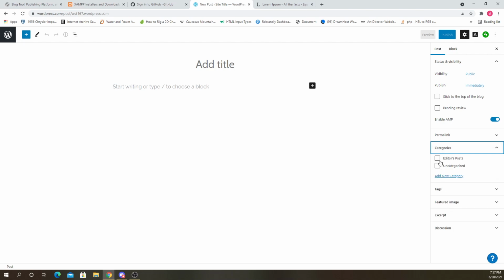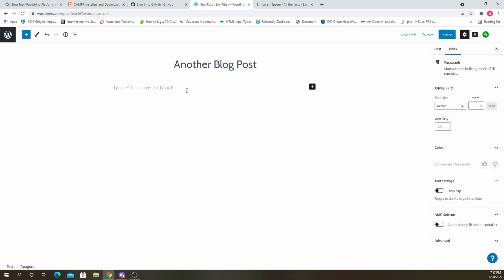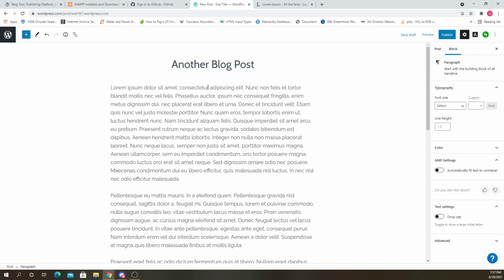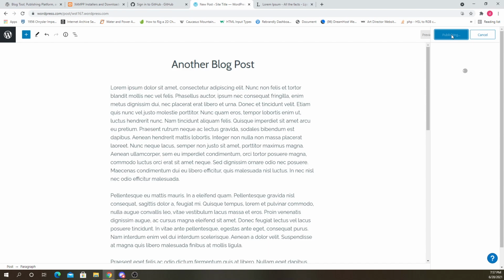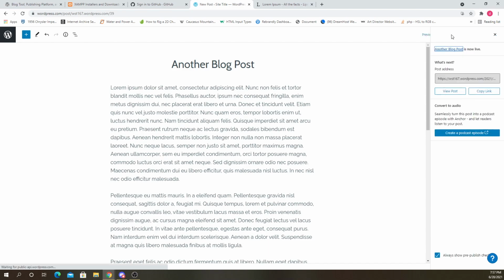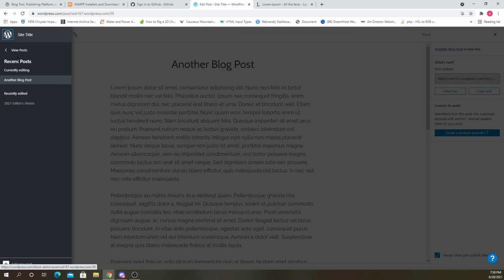You can choose your category for that post. Let's just add another post here, another blog post. Just paste some more lorem ipsum in there and publish that one.